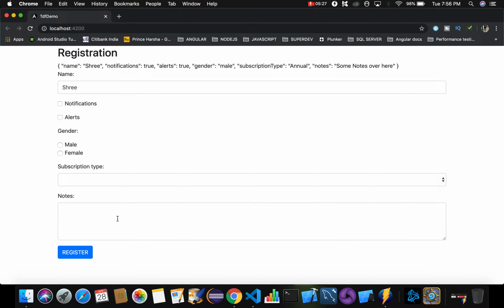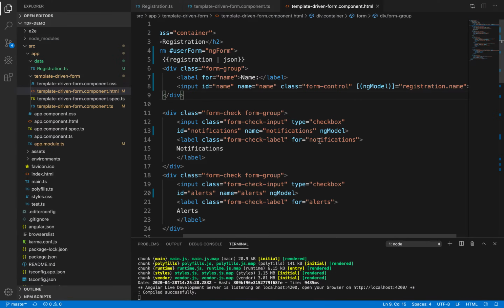We have all these fields, right? So for all the fields of the form, I want default values to be populated over here, and whenever I update the new values in the form, it should also get updated to the object. That is my requirement. So similarly, I need to update each field of my form by enclosing the ngModel directive and assigning respective property values.